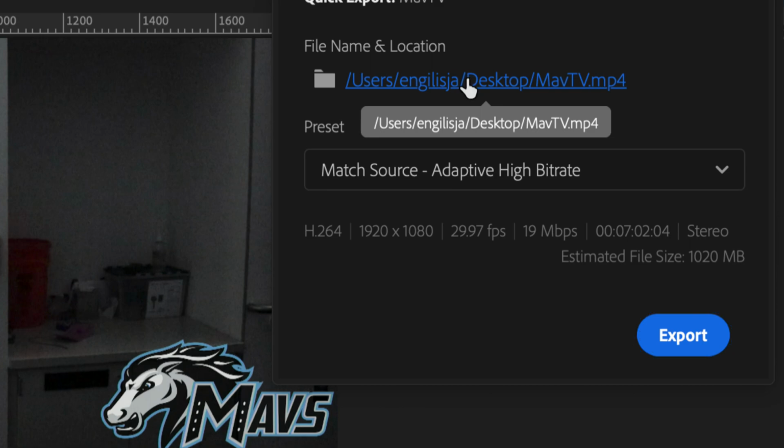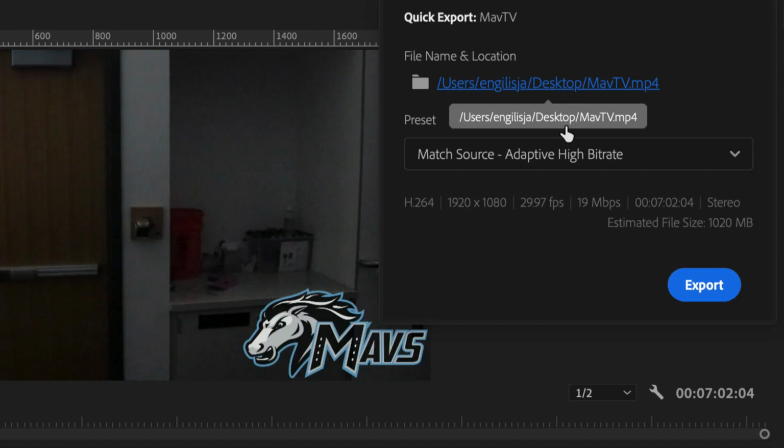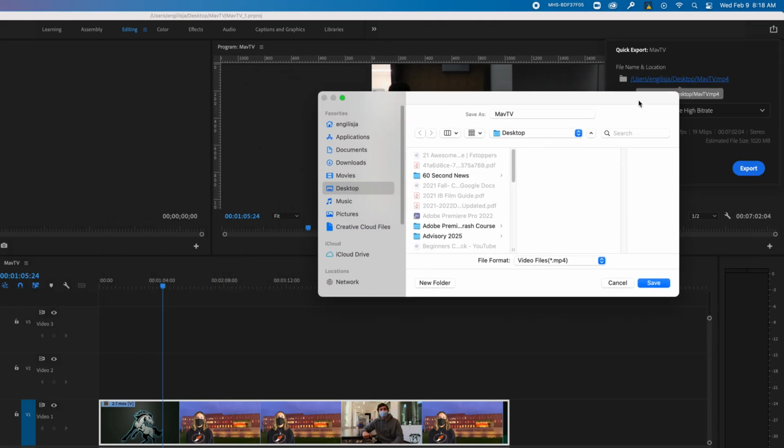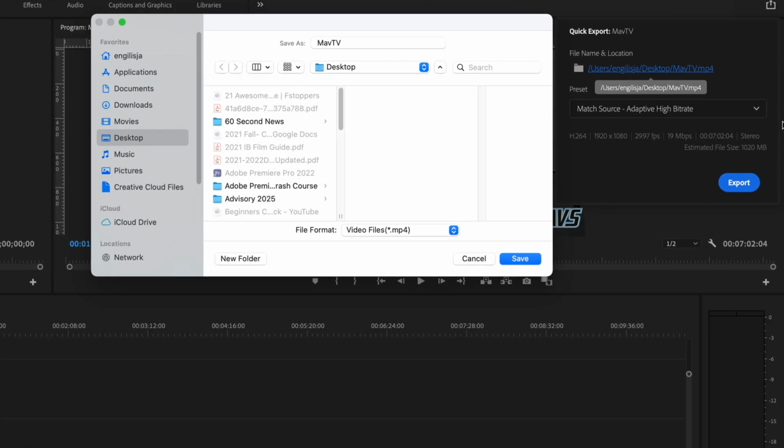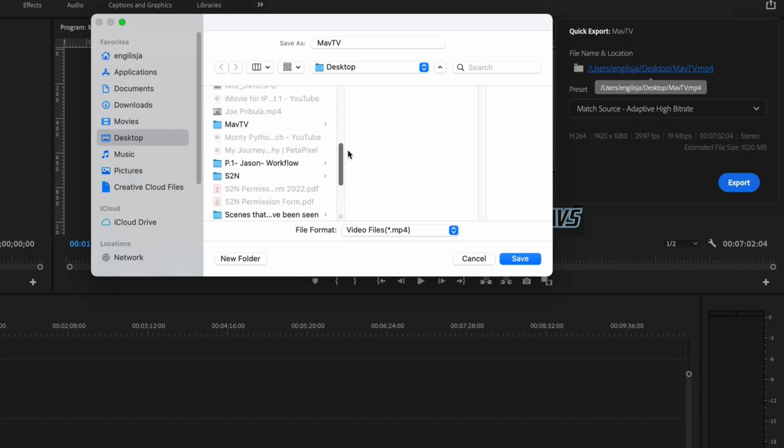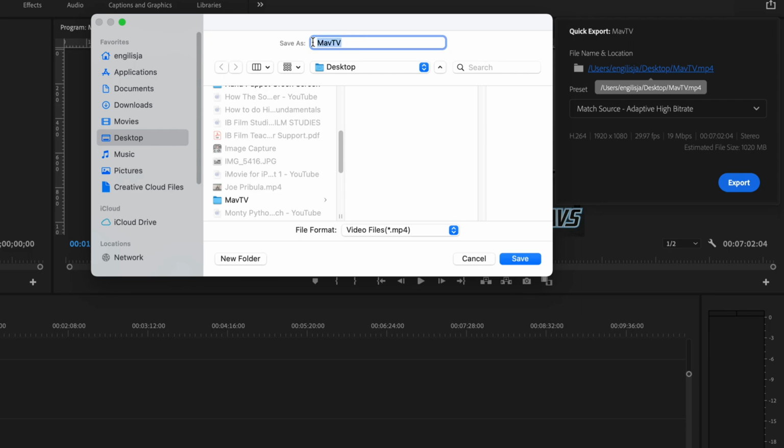So I'm going to click on that link, the blue link, before I hit the blue export button so that I know where it's going. Then I will see a dialog box here. And again, it's very similar to what we did. So I'm going to pretend like this is the project that we're working on for workflow. I'm going to save it there. So I'm just going to call it the same name, or I might just say